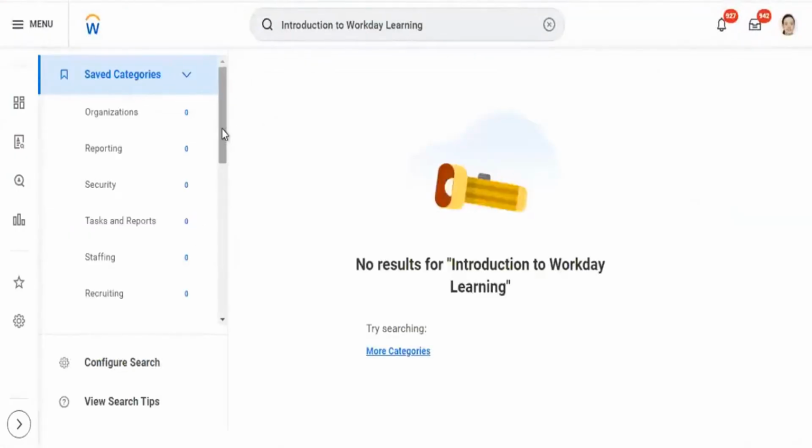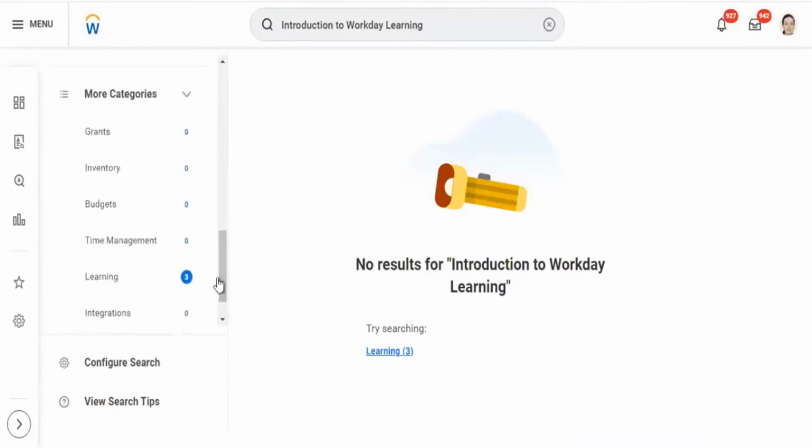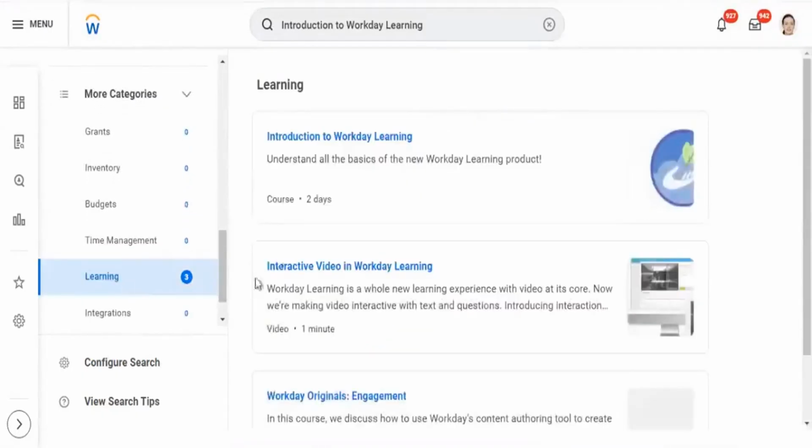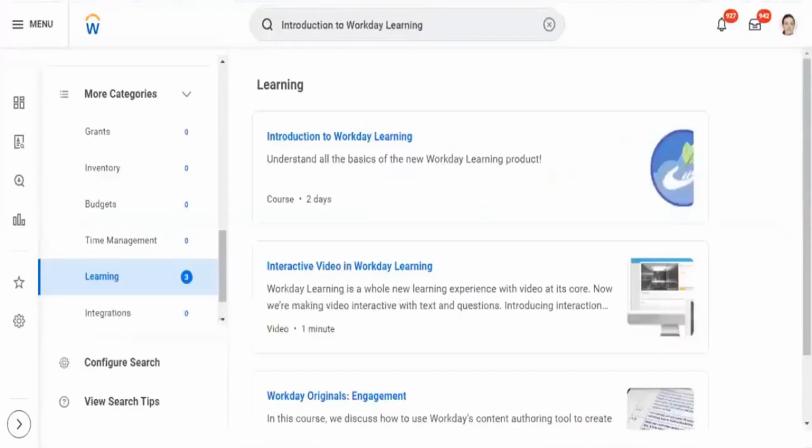When you search for this course, it doesn't populate in the search, but you need to go to categories, more categories, and Learning. Introduction to Workday Learning.